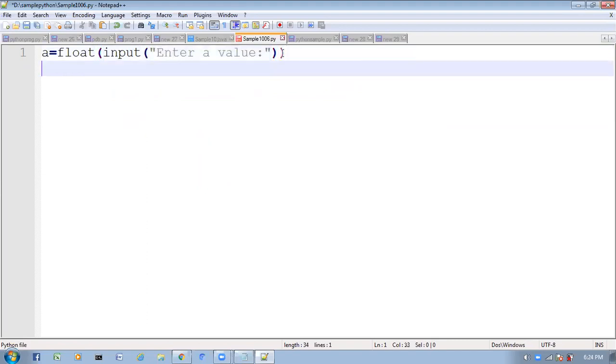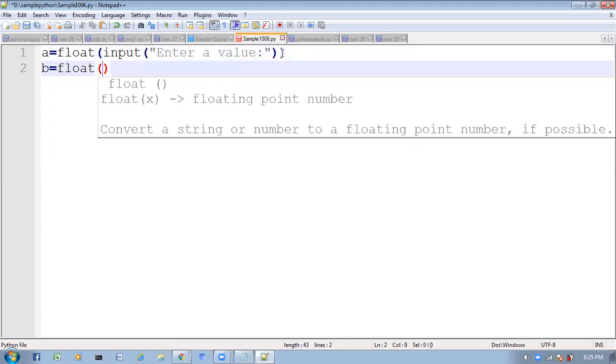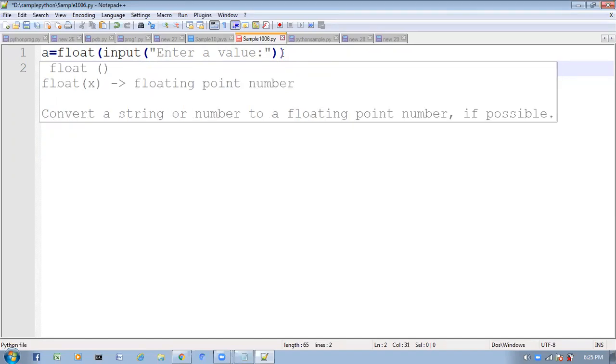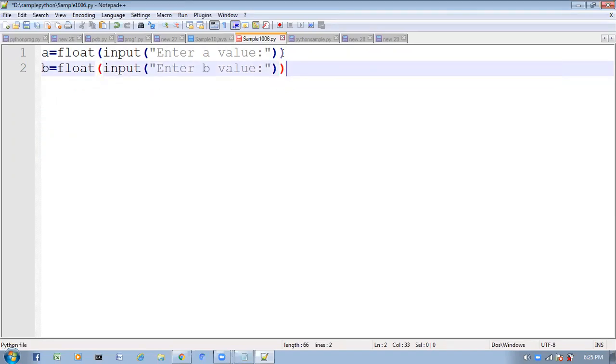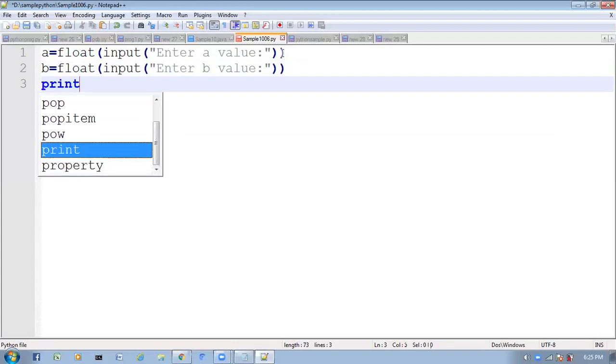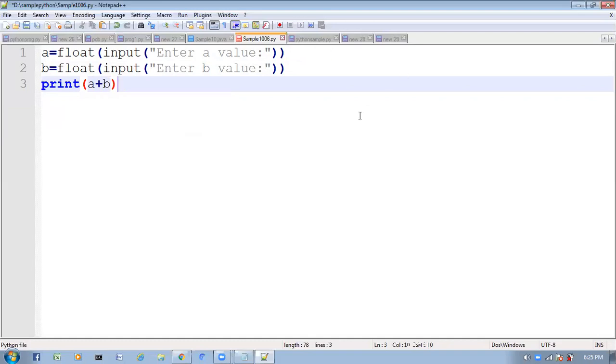So now here b is equal to float of input of enter b value. Now what I want to do is print a plus b. Now I am saving this program as sample1006.